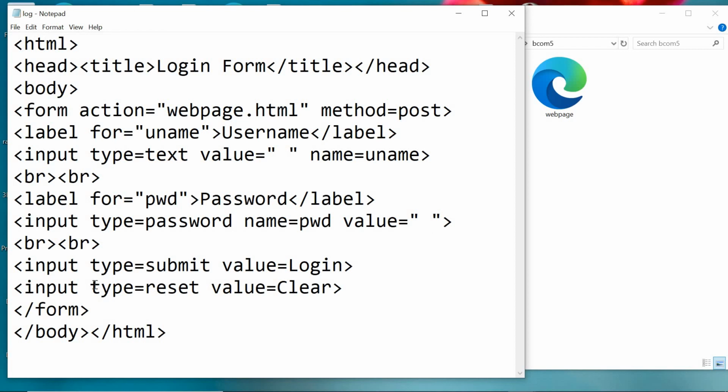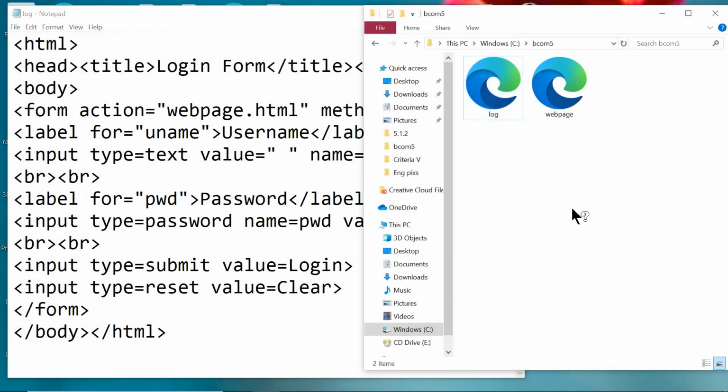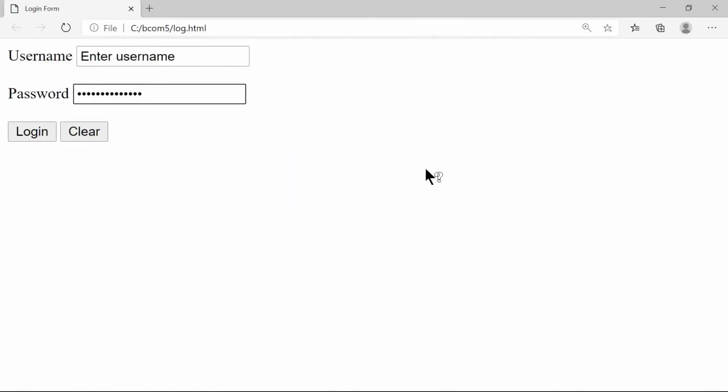Save this one. Do refresh. Right now we can see nothing is available. We can see right now there is one letter in the password. This is due to a gap which is provided for the value attribute of input tag.